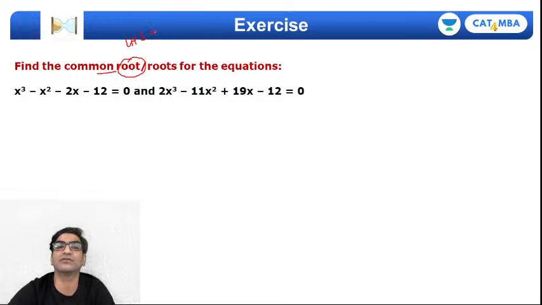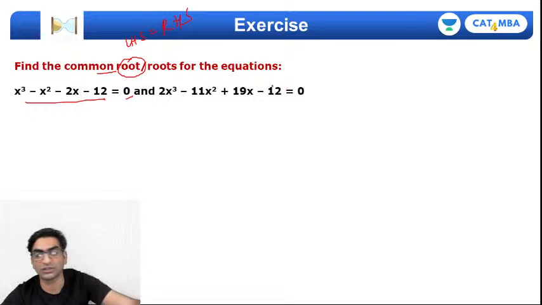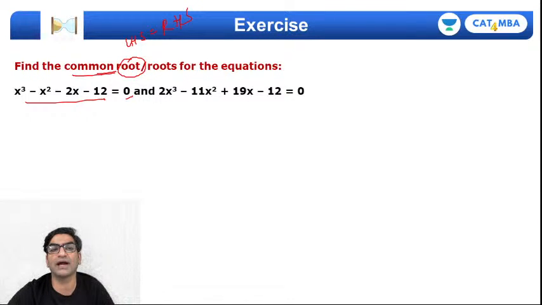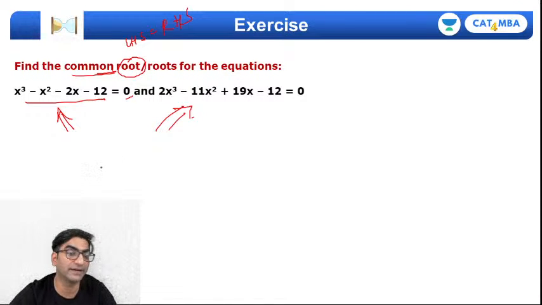LHS and RHS are equal, right? Which means this value should be 0 and this value should be 0, right? That is the root. तो कॉमन रूट का क्या मतलब हुआ? ऐसा एक वैल्यू x का जो इधर भी डालो और इधर भी डालो तो सेटिस्फाई करेगा, राइट? तो x का ऐसा वैल्यू निकालना है इन दोनों कर्व्स के लिए, राइट? नाउ